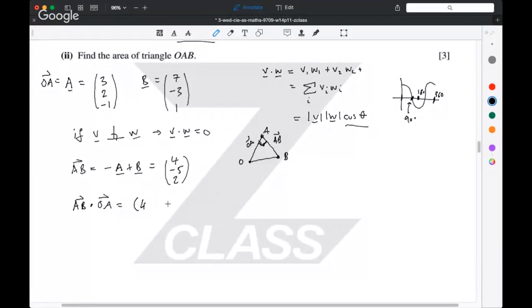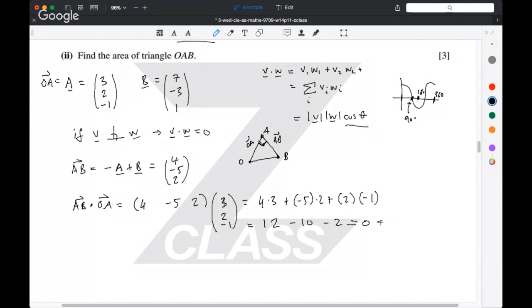So I write it like this: 4, minus 5, 2, times OA, which is 3, 2, minus 1. This means 4 times 3 plus minus 5 times 2 plus 2 times minus 1. It equals 12 minus 10 minus 2, which is equal to 0,